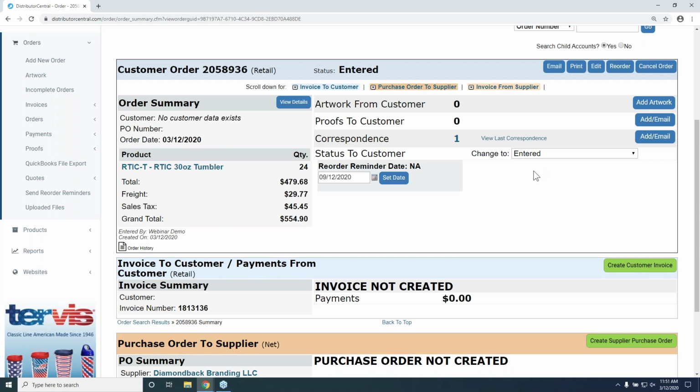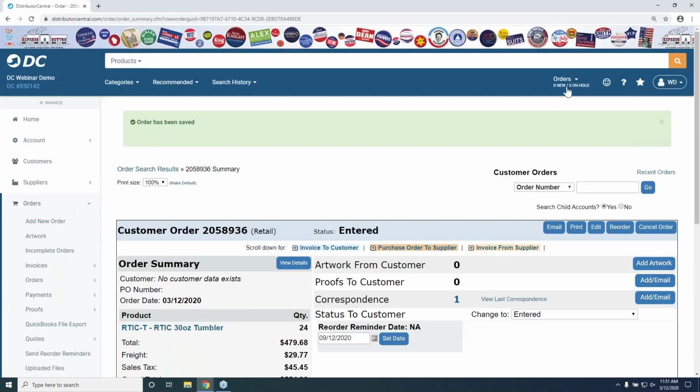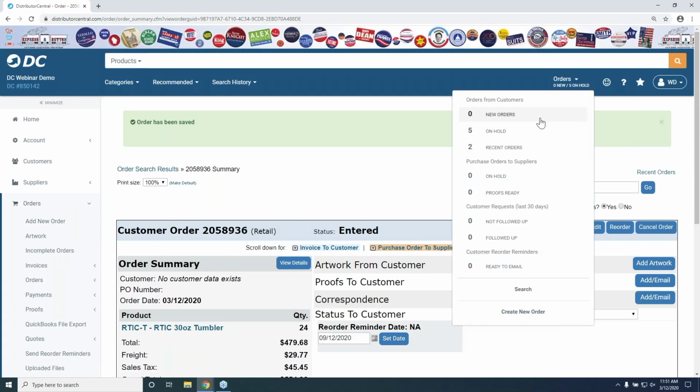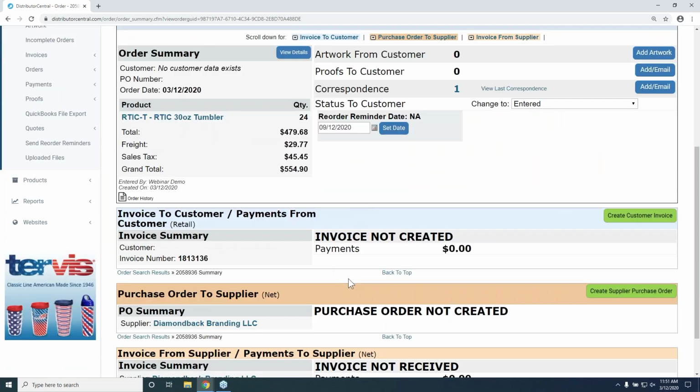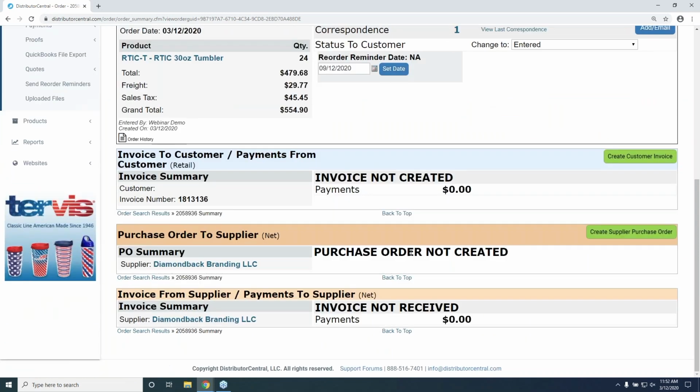We talked about statuses earlier. If you saw that there were five on hold, that's because those orders have been changed in status to on hold, and that lets your customer know the status, just like the supplier will be able to control the status down here to you. So what we need to do now is create the purchase order,